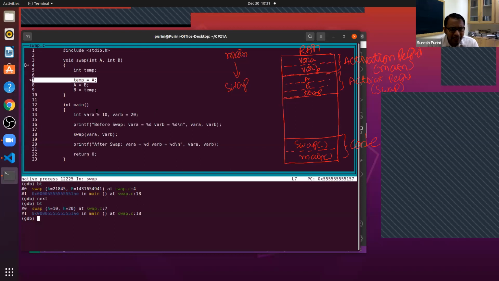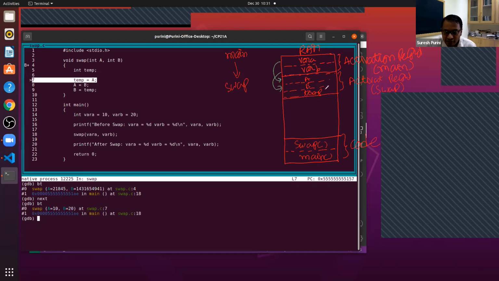So, is there any kind of link between var A and var B with the variables A and B? There is no link, right? It's just that they are copied. Whatever is the content of var A, let me use a different color, var A contents are copied to A and var B contents are copied to B. And there is no association between these two variables, except that the initial values are copied.